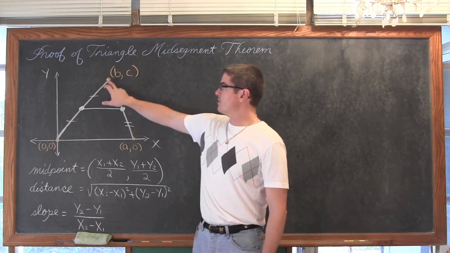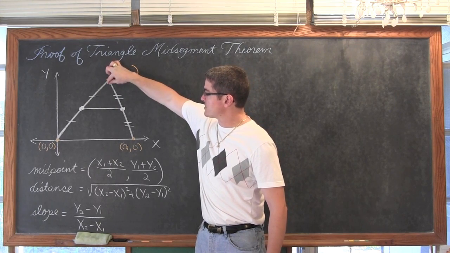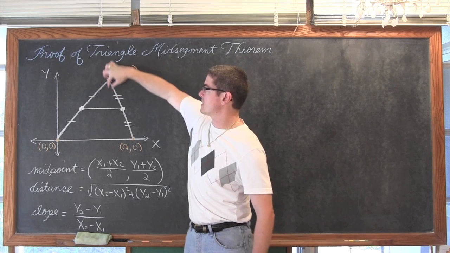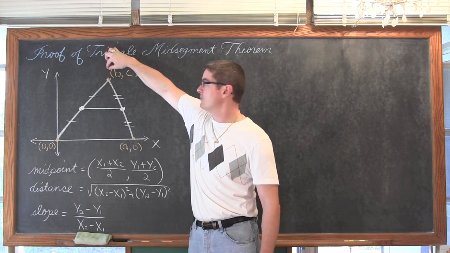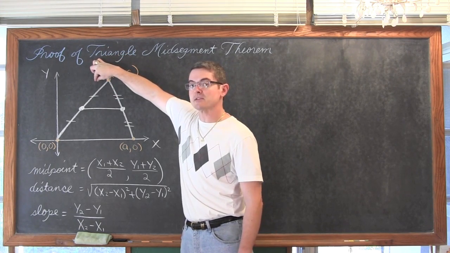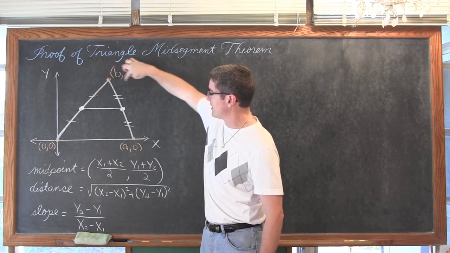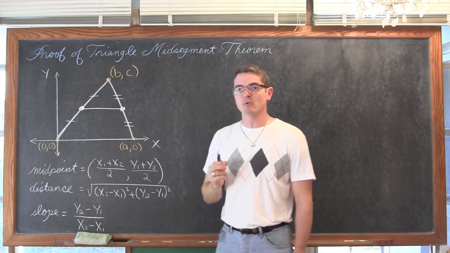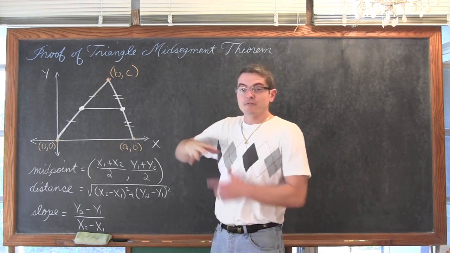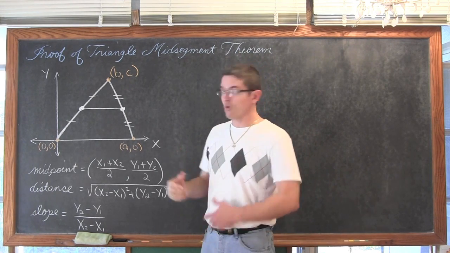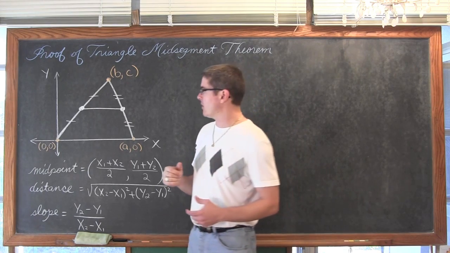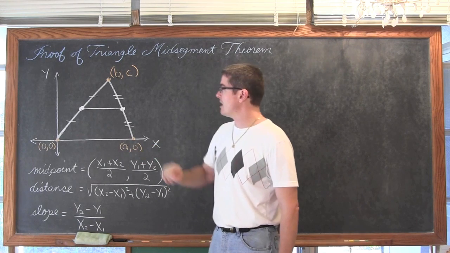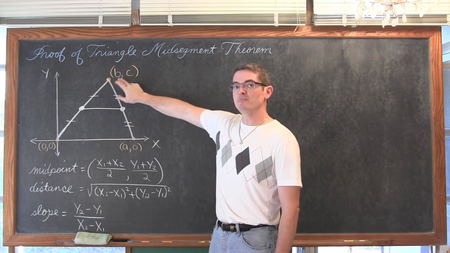The third point, if I drop this third point down, I can make this an obtuse triangle. If I allow this point to come up very, very high, that'd be an acute triangle. I could even make this an isosceles or a right triangle if I allow this point to move. And what's going to allow this last point of our triangle to move absolutely anywhere, as long as I actually form a triangle, so I can't land it back within the same line, is that I've got the values of b and c.